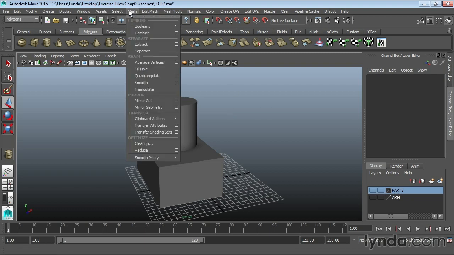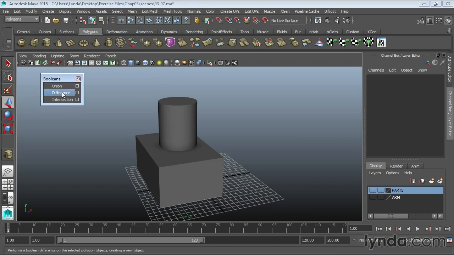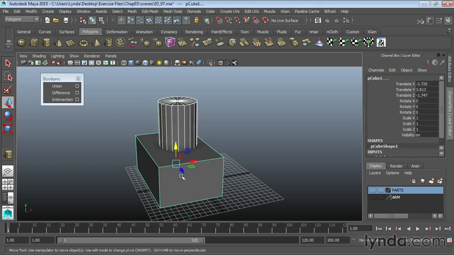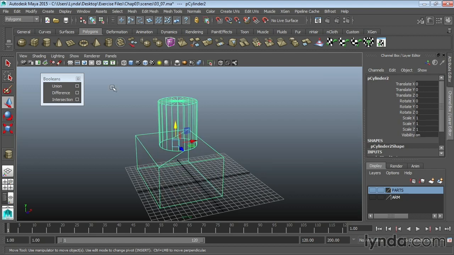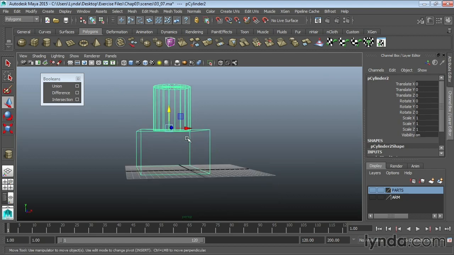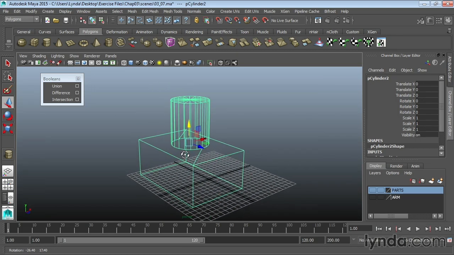You can find it under the Mesh menu here. And we have three options for Booleans. In fact, I'm going to tear this off so we can see it a little bit more easily. We have union, difference, and intersection. Union combines the two together. So if I select my cylinder and shift select my box, I can do union, and that'll combine them together. If I look at that in wireframe, it's trimmed off that portion of the cylinder that was inside the box,